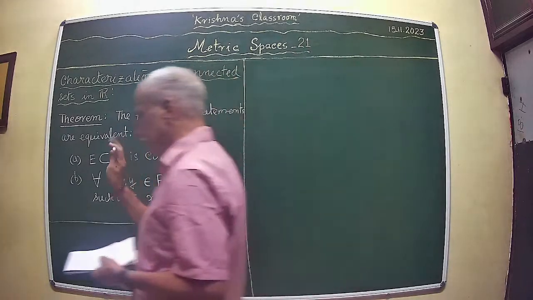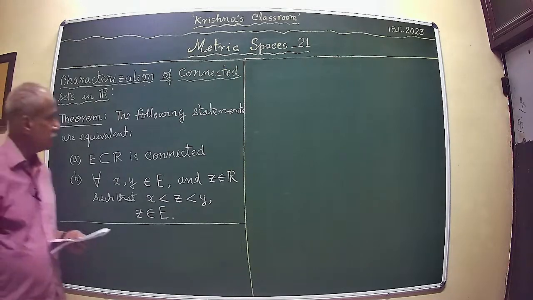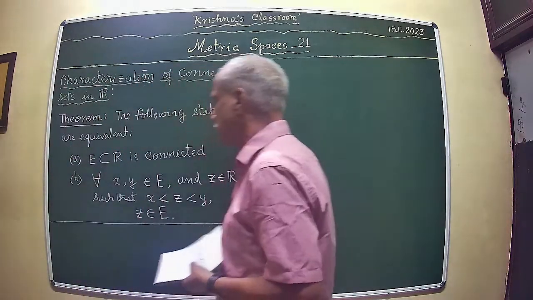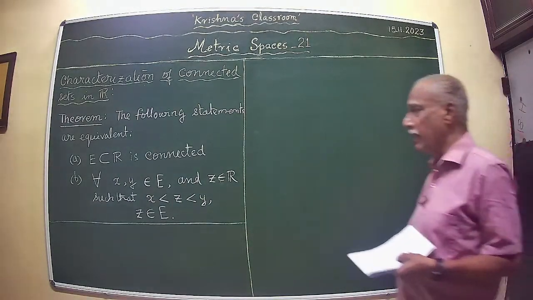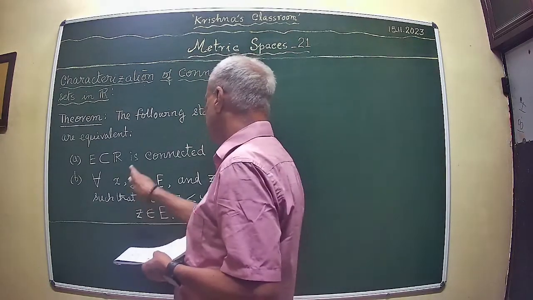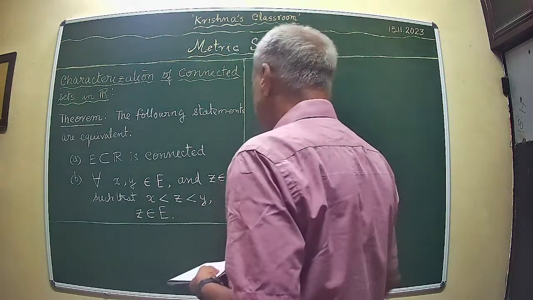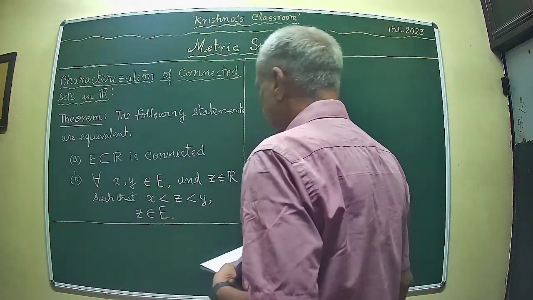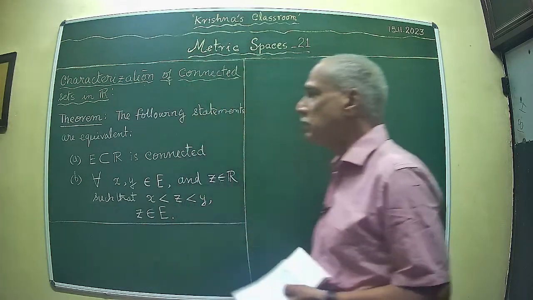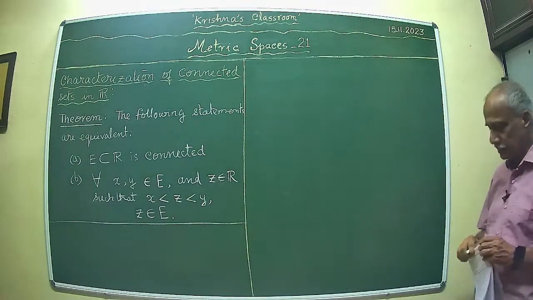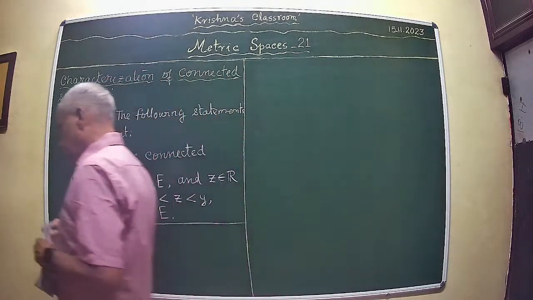So let me state the theorem once again. The following statements are equivalent. A, E contained in R, that is E is a subset of R, is connected. Second statement is, for every x, y belonging to E and z that lies between x and y, z belongs to E. Now the first statement essentially invokes the definition of